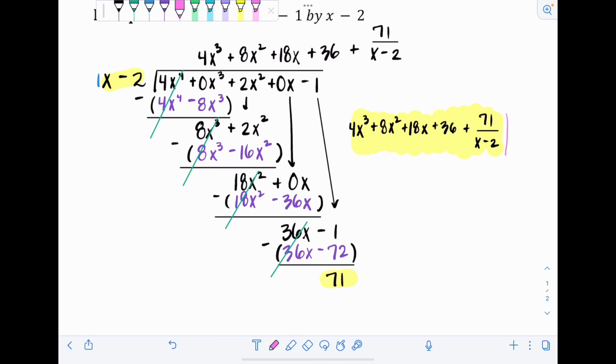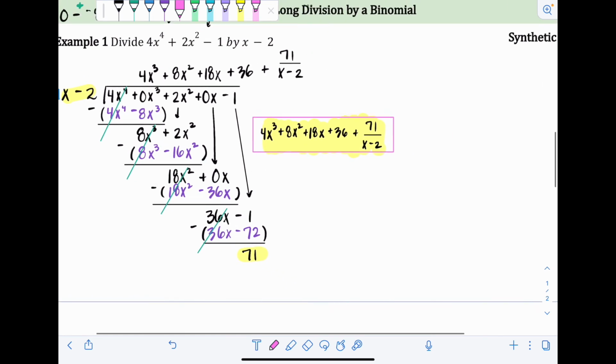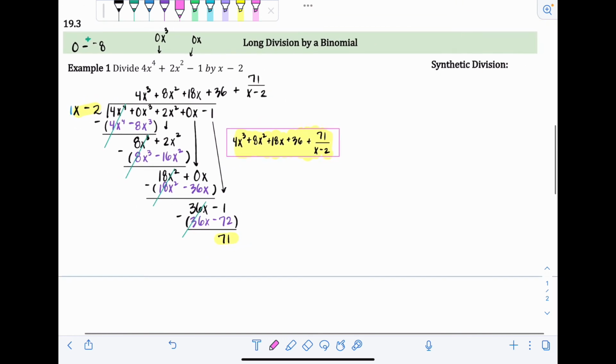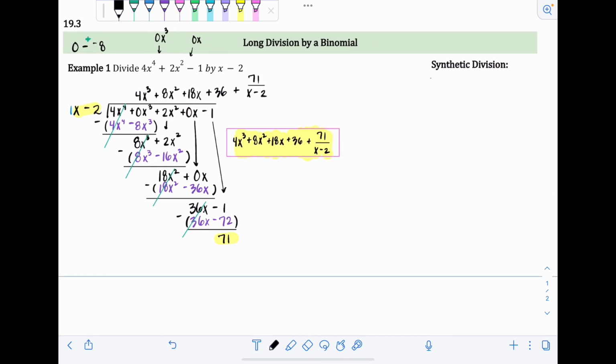Okay, so there is one more way to do problems like this. Sorry, that was very dramatic. But if you're like, no, I'm good with long division, this is how I want to do every problem, you can probably stop the video here. If you want to learn a little bit faster way that works for a lot of these problems, just keep going. Okay, so the other way is called synthetic division, and it's only when you're dividing by something in the